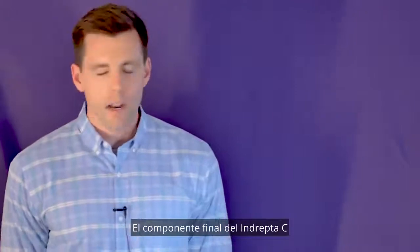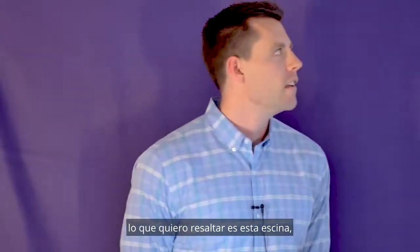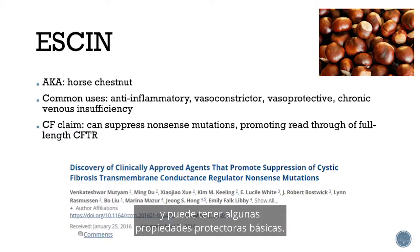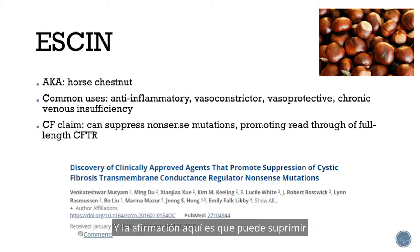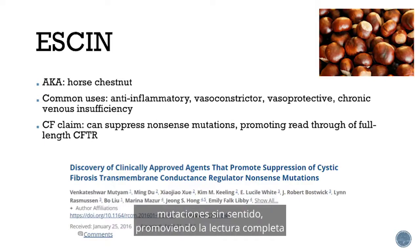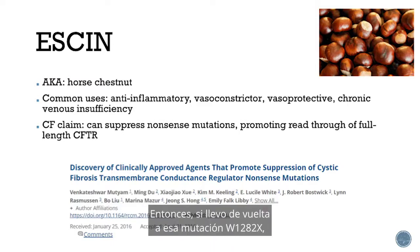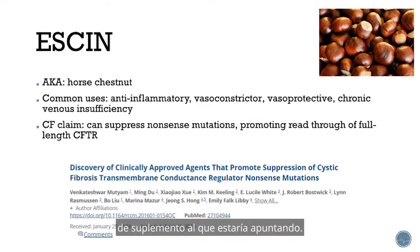And next, the final component of the Injepta that I want to highlight is this eshen, also known as horse chestnut. It's used as an anti-inflammatory agent and may have some vasoprotective properties. And the claim here is that it can suppress nonsense mutations, promoting read-through of full-length CFTR. And so if I take you back to that W1282X mutation, that nonsense mutation, this is really the type of supplement that you would be aiming for. It would be read-through